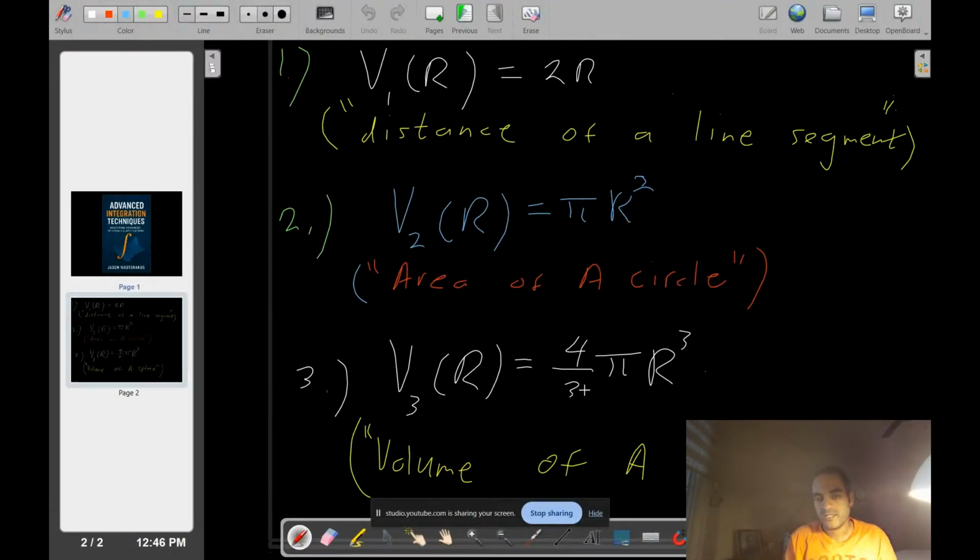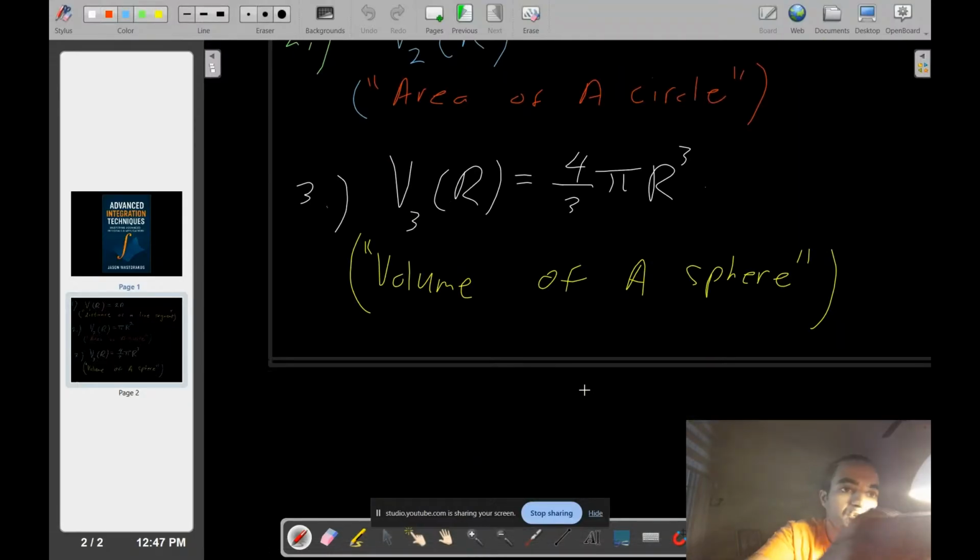You'll notice an increase in the power of R, like R to the n when n is 1, 2, 3. So there's a pattern being produced depending on whatever n is for hyperdimensional spheres. If we continue on, dot, dot, dot,